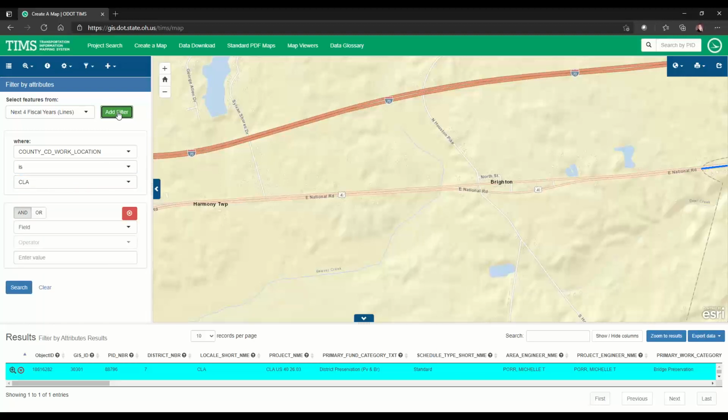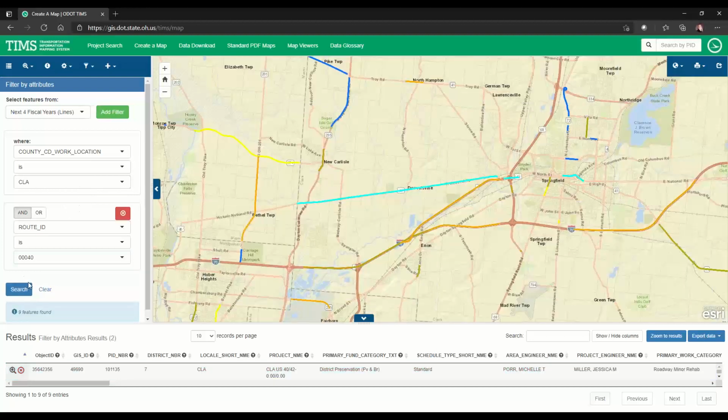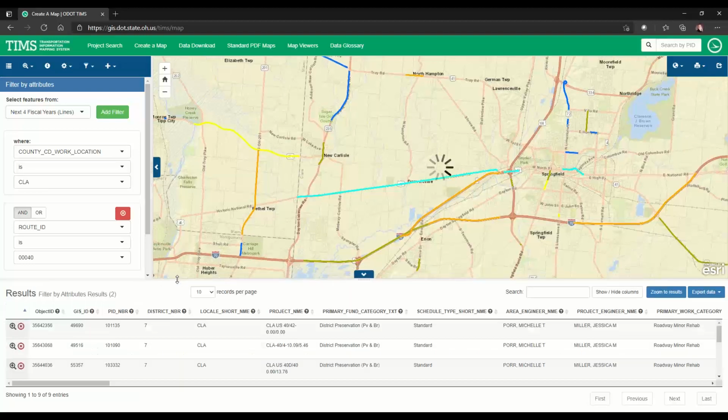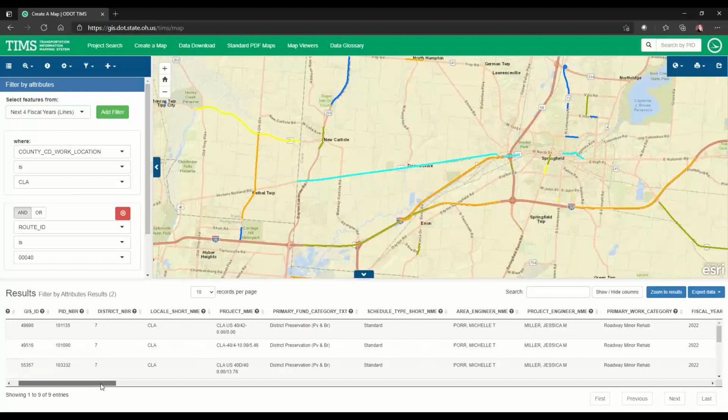You can add multiple filters with this button. And because we want to also just view by route. So I've just shown another way to do the same type of query that we've done in the project search page. There you go. Okay. And all of those attributes that we saw on the project information page, they are pulled from this